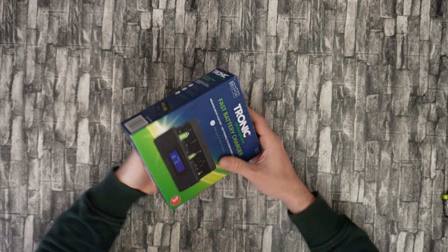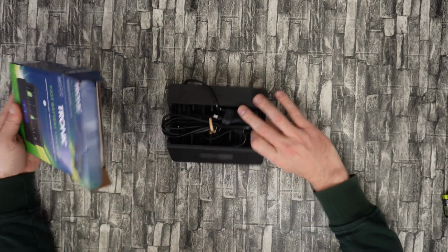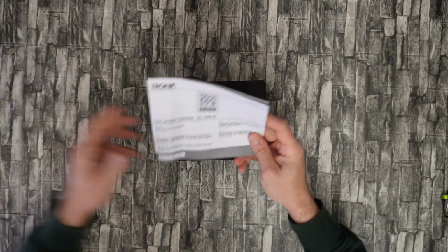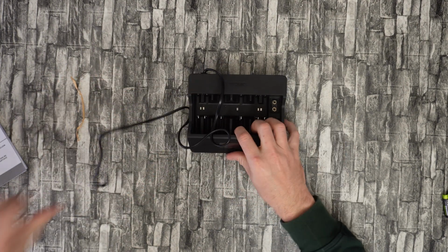So let's open the box to find out more about this product and how we can use it. Included, of course, we have the manual. If you want to read, it is your choice, but stay with me, I'm gonna find out all about this product. With a cable length of 1.5 meters,